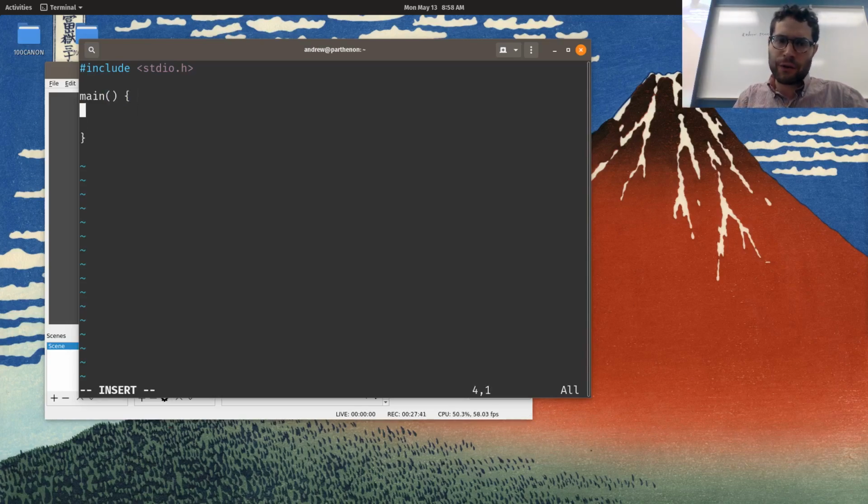So pretty much every single C program will start out with this, saying, hey, we've got a main function, and this is what goes inside the main function. Now, typically what you do is you use tab or spaces to indent into here. So over here, we're going to call another function called printf, which stands for print format.